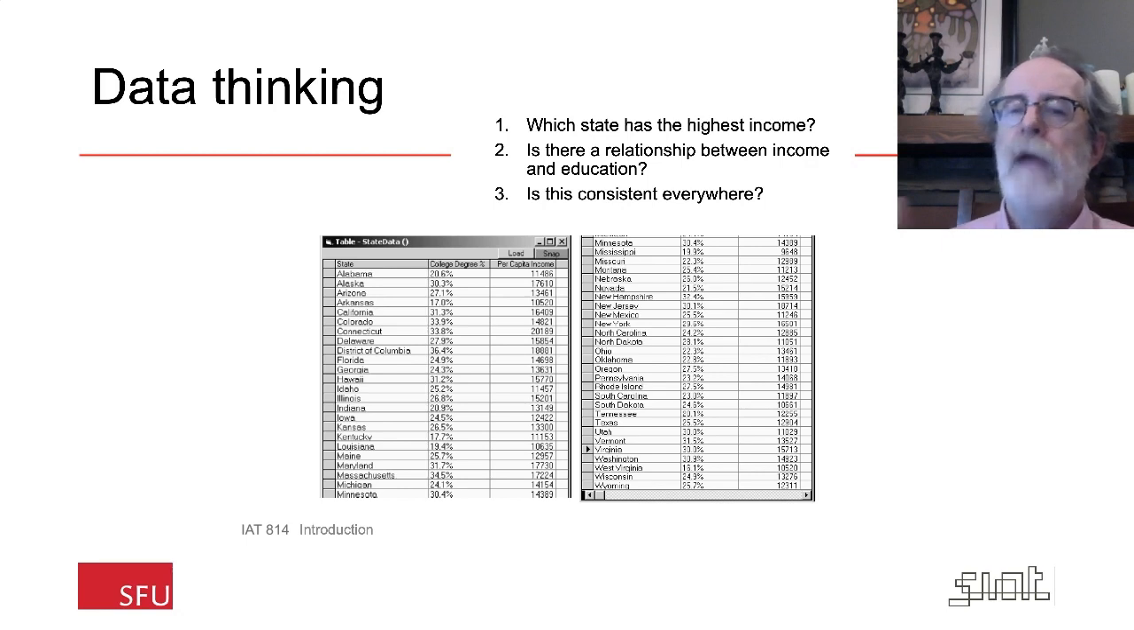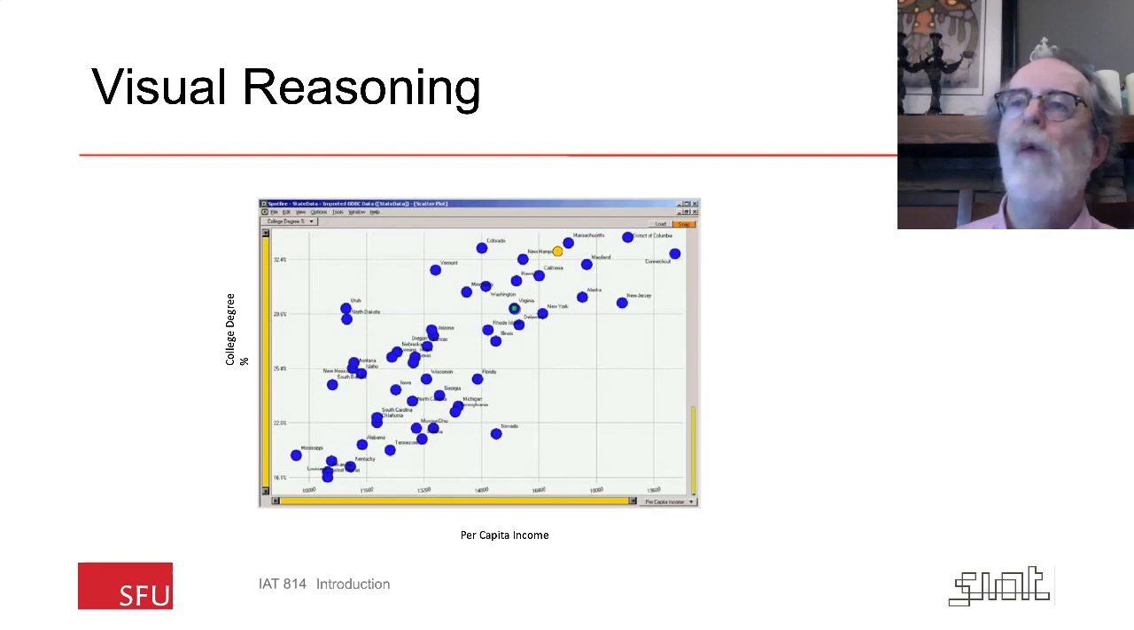And to ask a question of a table like this is a little bit hard. One of the easier things to do here is to answer the first one, which state has the highest income. You can just roll your eyes across the table to look for the largest number, and keep in mind the largest number that you've seen as you move your eyes down the list. However, when we plot,